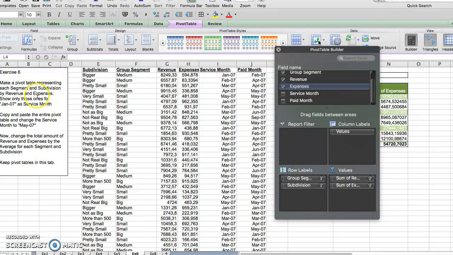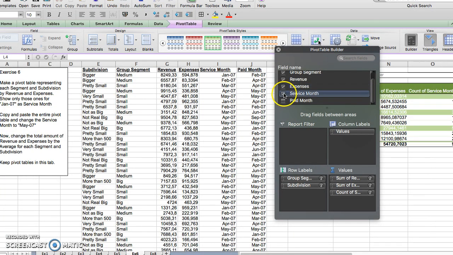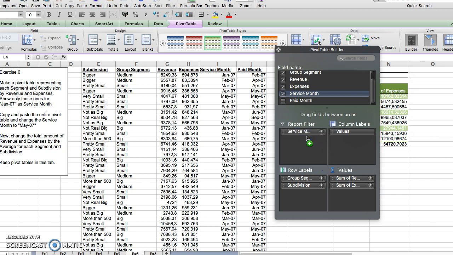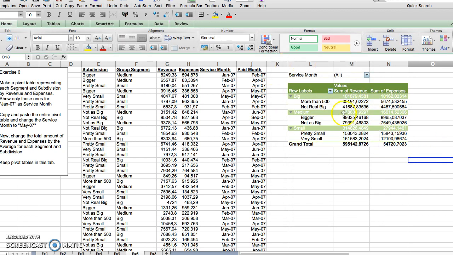Finally, if we just want to show those ones for January as service month, we have to put it as a filter. By default it comes here, but we change it to the field filter. That's it. We click enter, and here we've got our pivot table, where it shows us all these data by